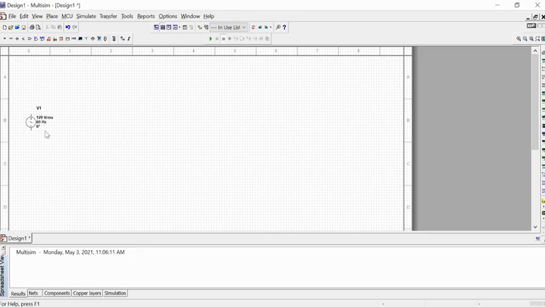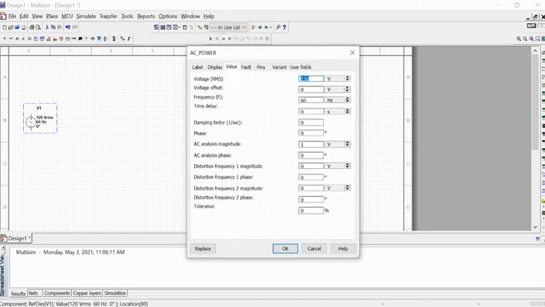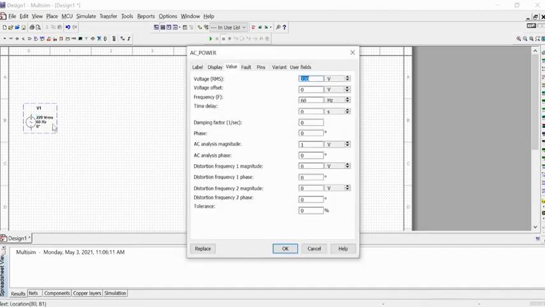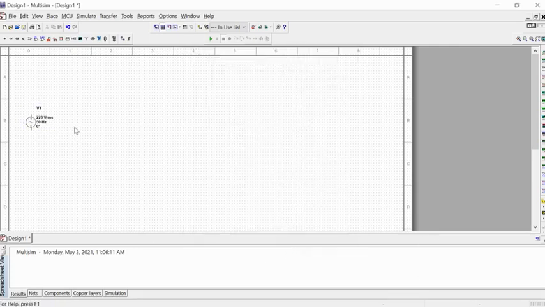Now you can see this one showing the specs of this AC power source. It's showing it has 120 volt and 60 hertz frequency. If you want to change it and make it more than 120, you just need to double click on it. Then a small window will appear. In this you can see the specs of this AC voltage. If you want to change it, you can change it from here. Like here the voltage is 120. Now I am making it 220. So I just write 220 here and then press OK. Then you can see now this AC source will provide you 220 volts. And if you want to change the frequency, you can change it from here as well. Like I am making it 50 hertz. So this is your AC power source.